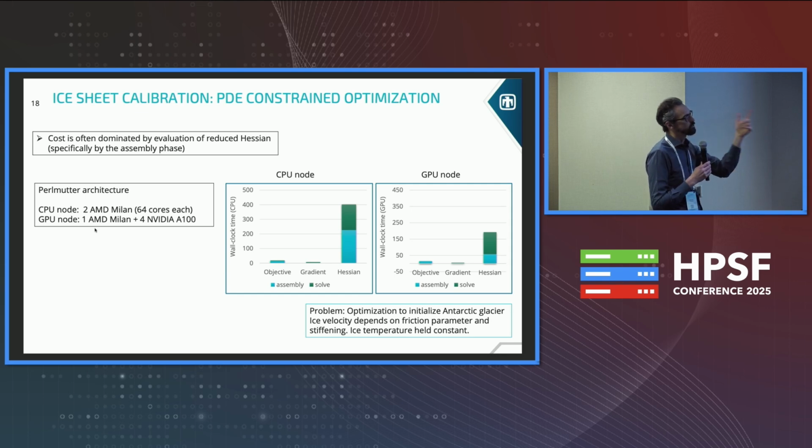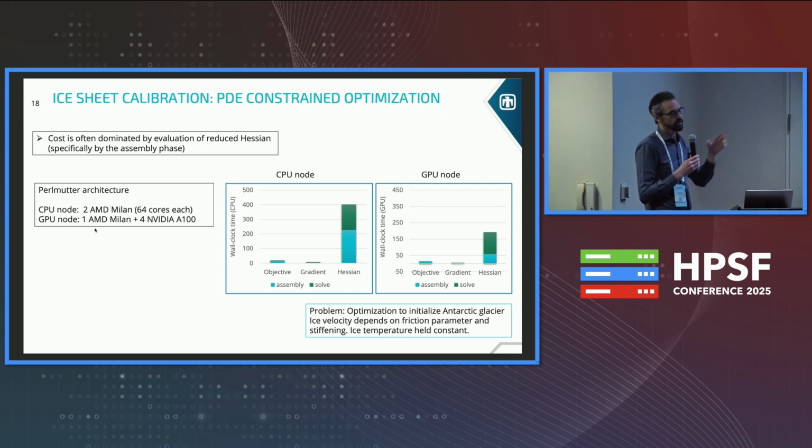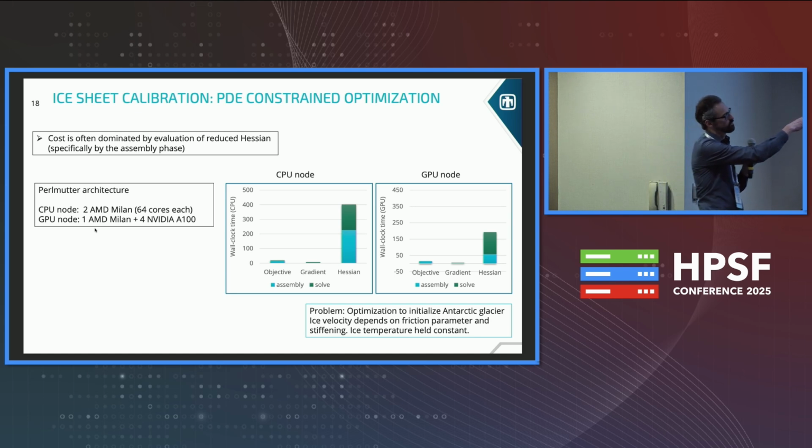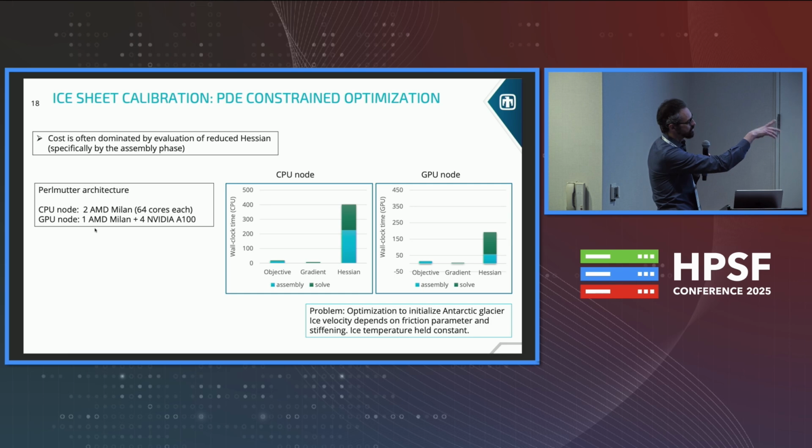So the first thing is that ROL really lets you decide what kind of vector to work with. In this case, we use Tpetra for all the linear algebra. Tpetra can run well on GPUs, and it also uses your own solvers if you want. I think for this we are using Belos with MueLu preconditioner. For this kind of problem, the most expensive part is the Hessian part, because you want to compute the reduced Hessian, and that involves basically 2 adjoint solves per Hessian